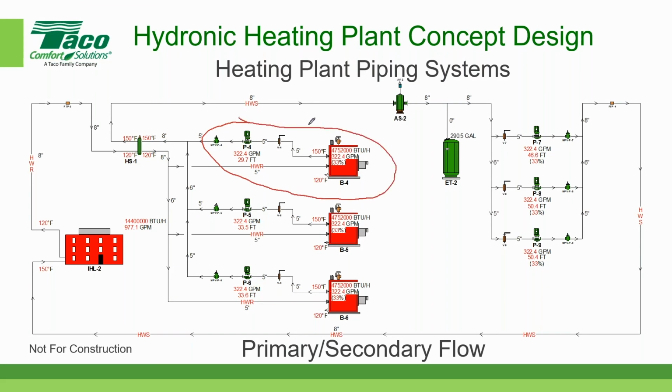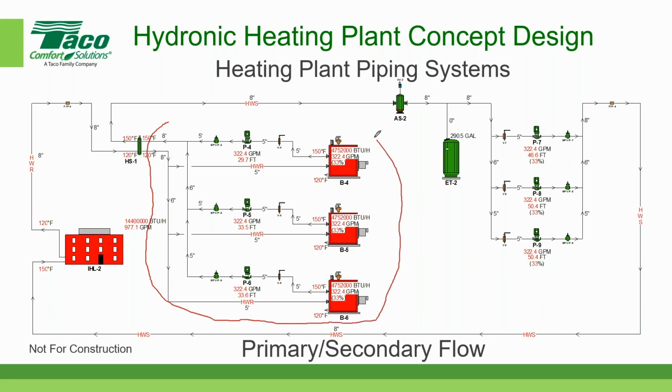And again, that becomes the primary loop. Generally speaking, when we refer to the primary loop, we're talking about the loop that is served by the heating or cooling equipment. So let me go back here and circle the whole system here. So we're using a hydraulic separator right here. And so all of this piping, pumps, boilers are part of the primary pumping system right here. And then everything on the other side, this is going to be a bizarre little bubble here, but everything over here,